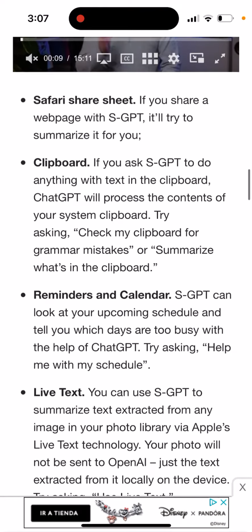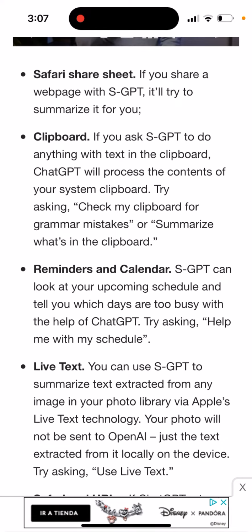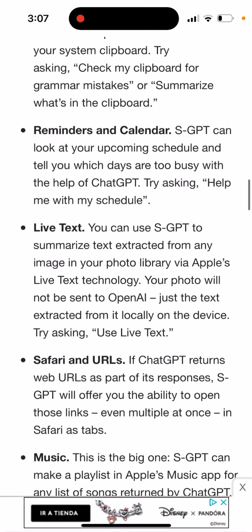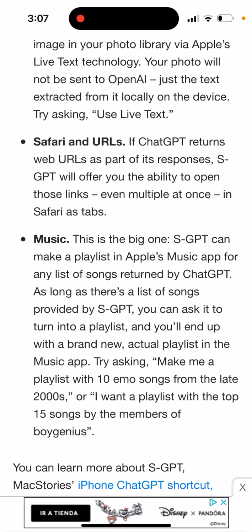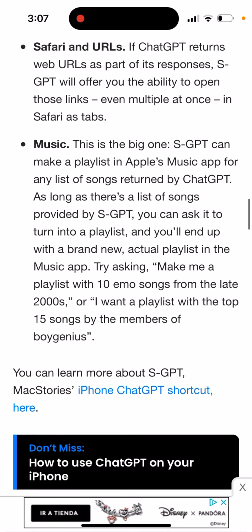It will be available in the Safari share sheet, so you can summarize a web page using this shortcut. Then it can process your clipboard. You can set up reminders and tell it what you want in your calendar on which days. You can summarize the text extracted from any image in your photo library, Safari URLs. It can offer you to open some links,